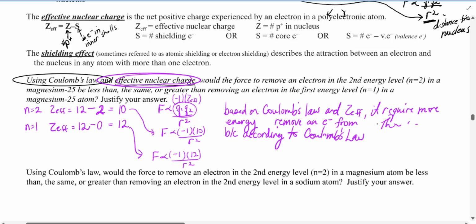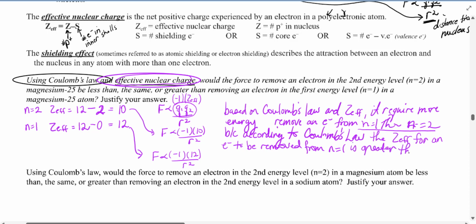You're just going to have to rewind this: to remove an electron from energy level 1, then energy level 2 is what this should say. I don't know what's going on here. Because according to Coulomb's law, the effective nuclear charge for an electron to be removed from energy level 1 is greater than